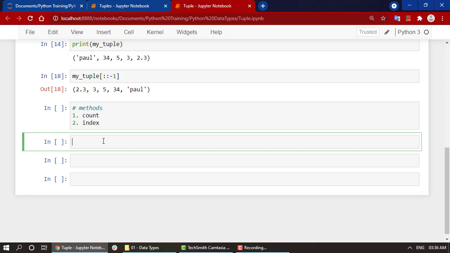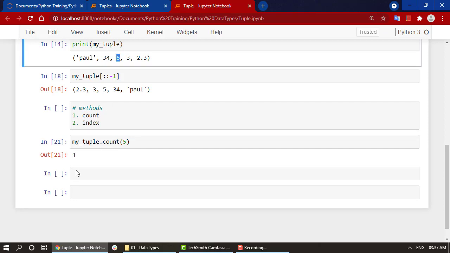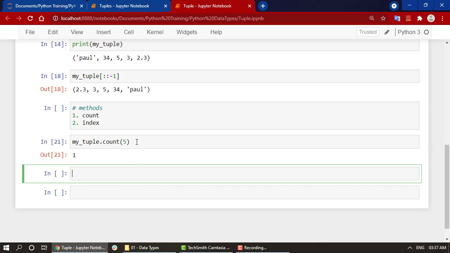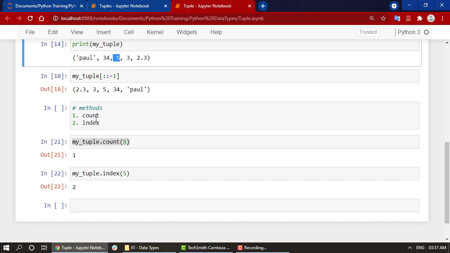So I'm going to write my_tuple.count, and count how many times 5 is there. 5 is there only once, so it displays 1. Now if I want to check the index of 5, I'll just copy this code and change it to index. You can see that at index 2, that is index 0, 1 and 2, I have my value 5.